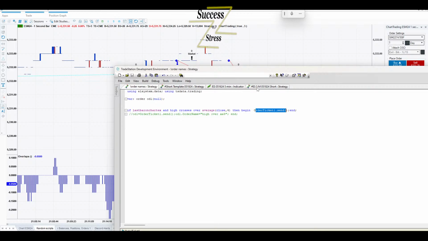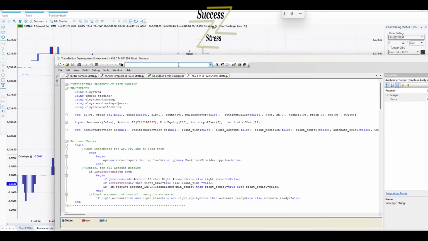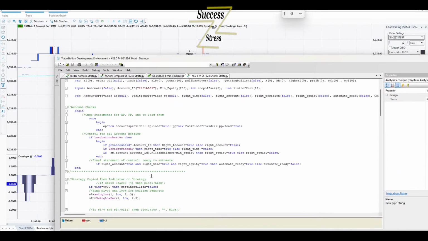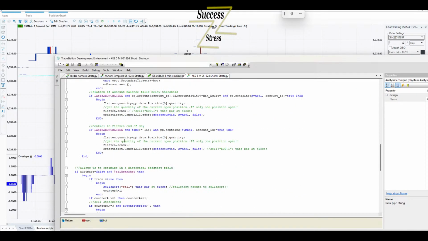Because remember, that's the same type of syntax that we had. Yeah, it did. I thought it would. But that's the same syntax that we had over here. It's just flatten.send. But like I said, for some reason, it didn't exit our position.